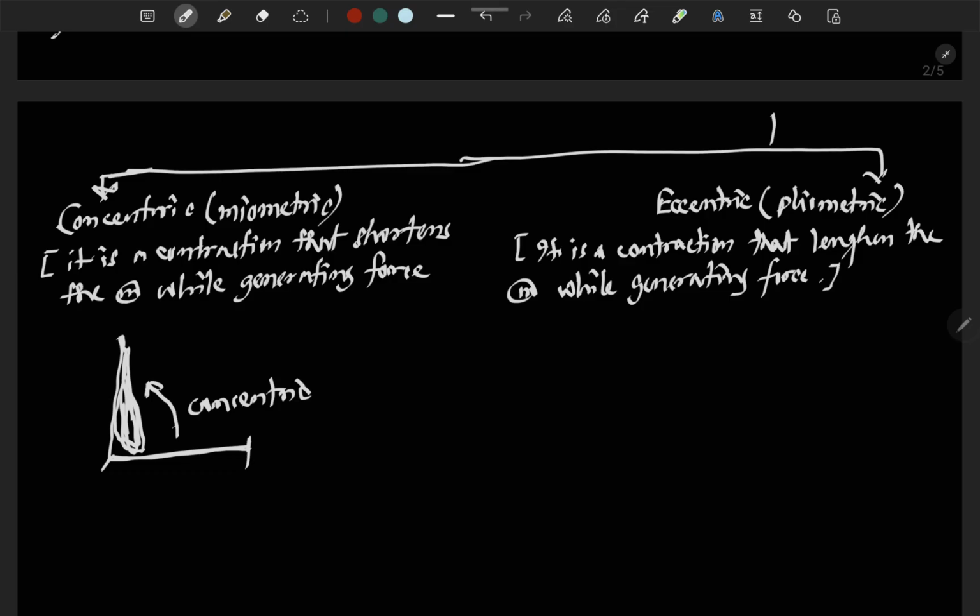Okay, means same way, from extension to flexion, this side movement is eccentric contraction. Okay,